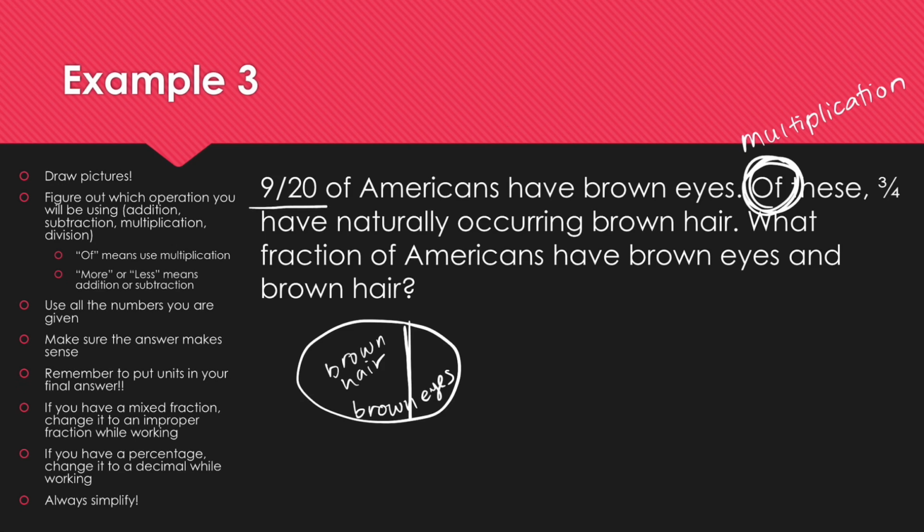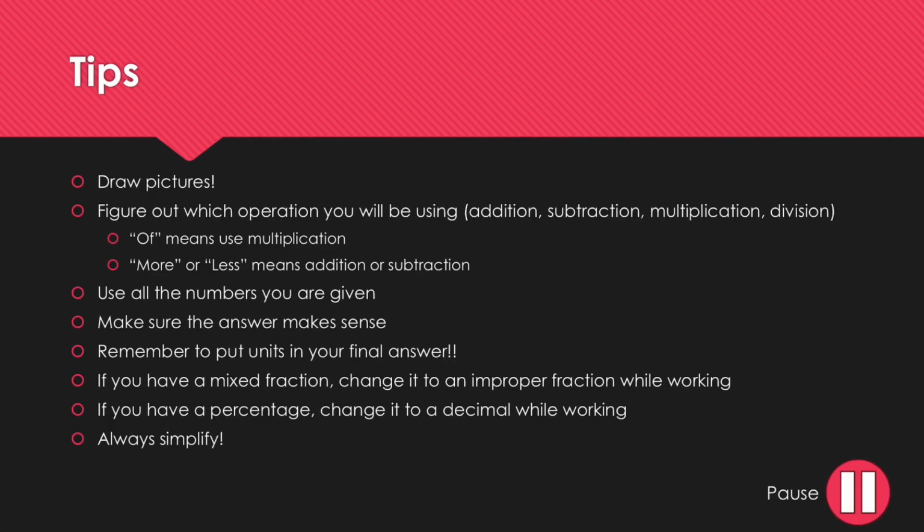So because it's a multiplication problem and I need to use both of these numbers, I'm going to do 9/20 times 3/4. And then if you remember, we just multiply across, so this becomes 27 over 80. And that's it. So 27 over 80 people have brown eyes and brown hair, because I just had to multiply it. Whenever you see the word of, multiply those fractions together. And that usually just solves whatever you're working on. More specific to fractions, but draw pictures is seriously my #1 recommendation for solving word